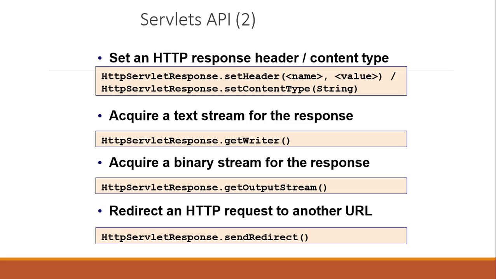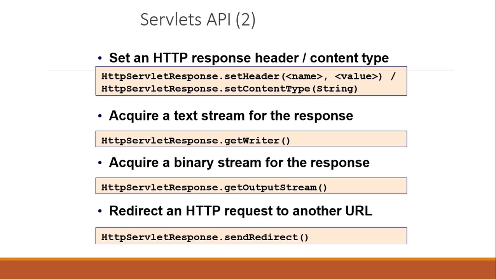Set an HTTP response header content type. HTTP servlet response set header name and value. These are the methods, and you have to remember them for the coding. Otherwise it will make it difficult for you to remember all the things. Now next is